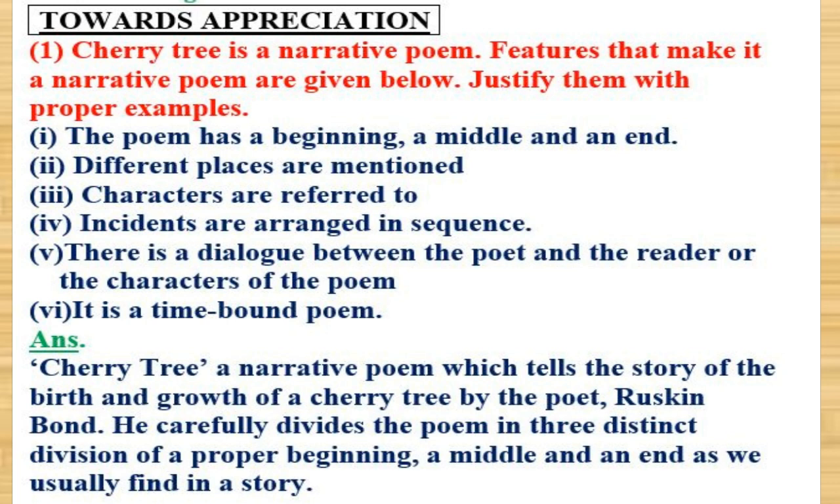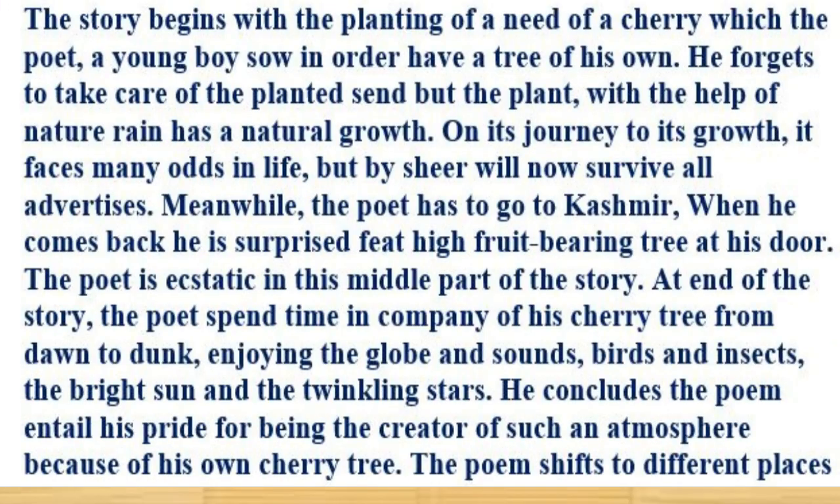Cherry Tree is a narrative poem which tells the story of the birth and growth of a cherry tree by the poet Ruskin Bond. He carefully divides the poem into 3 distinct divisions of a proper beginning, a middle, and an end, as we usually find in a story. The story begins with the planting of a cherry seed which the poet, a young boy, sows in order to have a tree of his own. He forgets to take care of the planted seed, but the plant, with the help of nature and rain, has a natural growth. On its journey, it faces many odds in life, but by sheer willpower survives